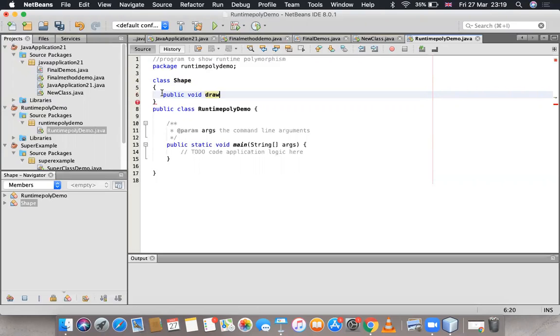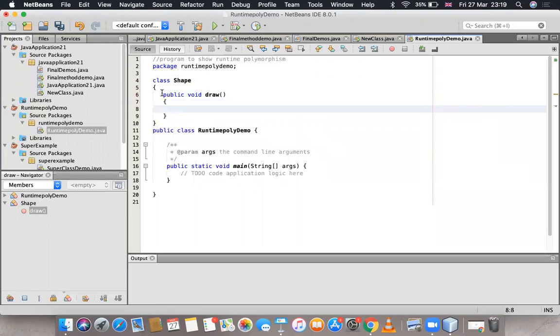There is one draw method, and then System.out.println("drawing shapes"). This is capital S, that's why I was getting an error here.